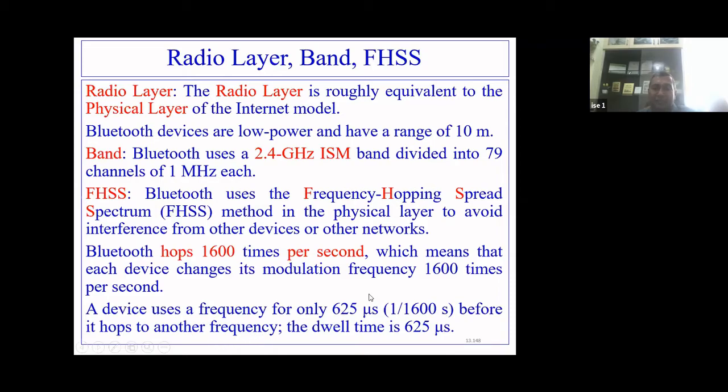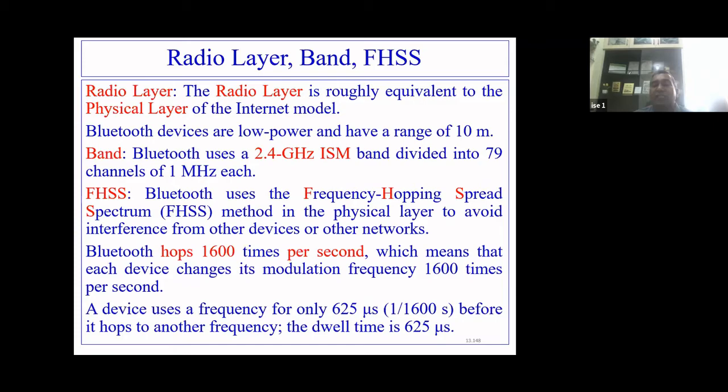Because it remains at a frequency for 625 microseconds out of the 1600 hops, this particular 625 microseconds is called the dwell time, for which a device remains in the same frequency.